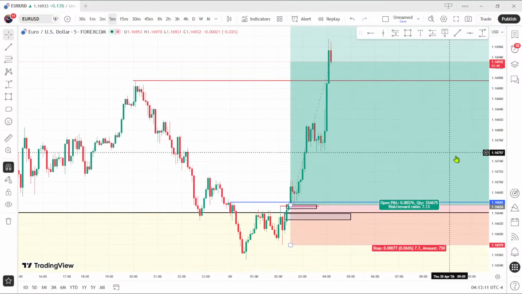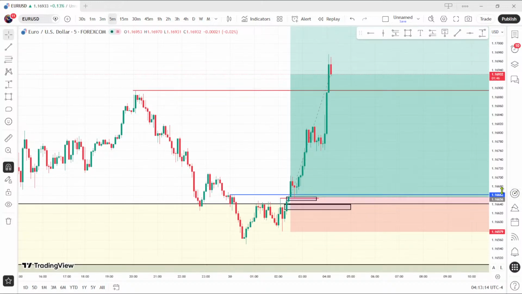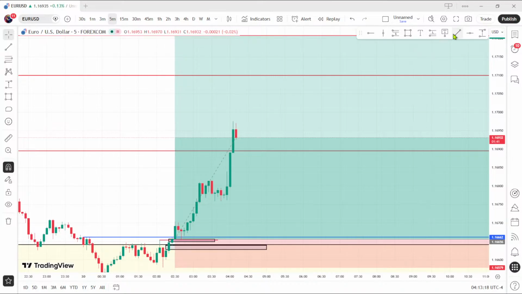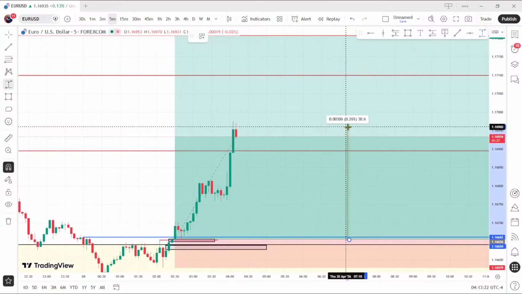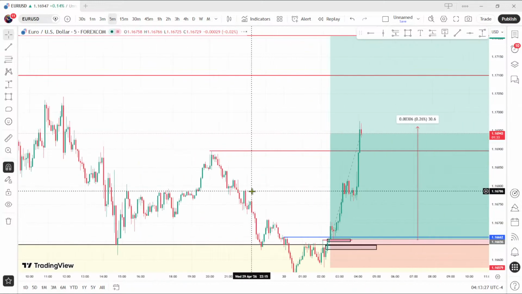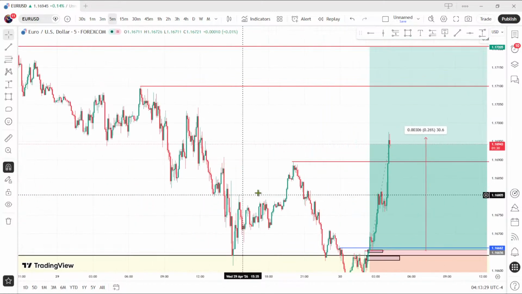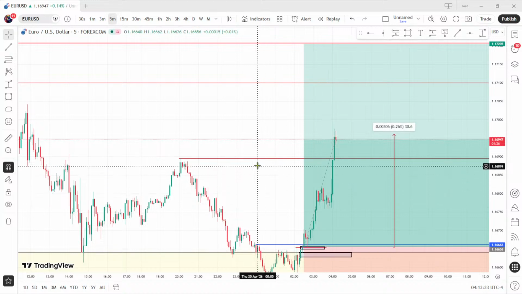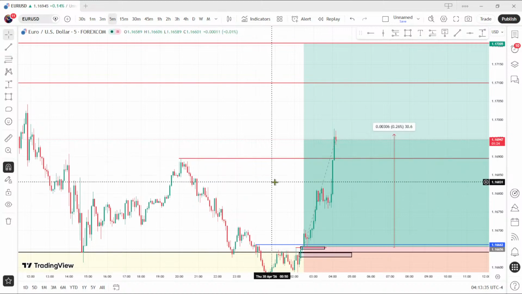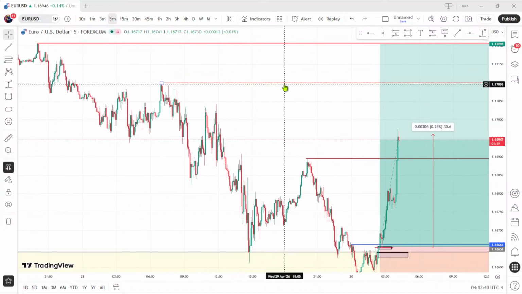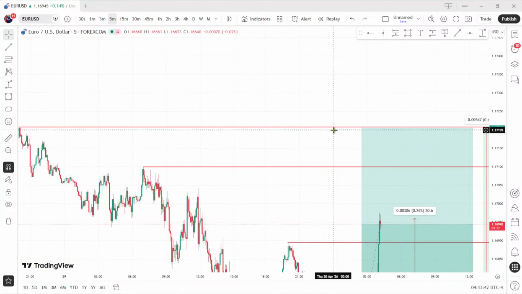Happening in the euro, as I said, the cable was the sister, so this one was so bullish. It has actually reached 30 pips. It's actually doing it in the euro. As I had outlined, it has reached our first target. See? Now we are going to look for this target and this target.